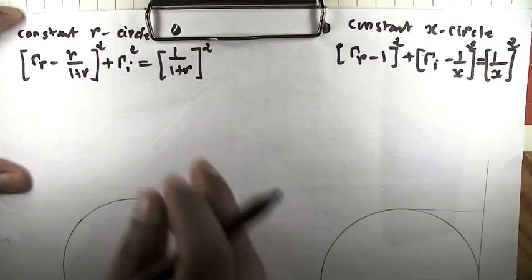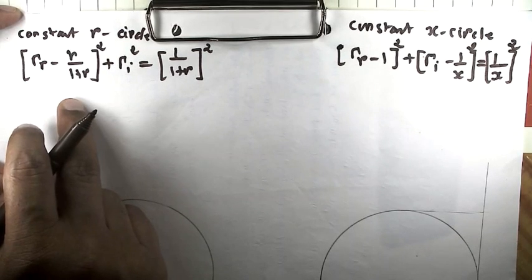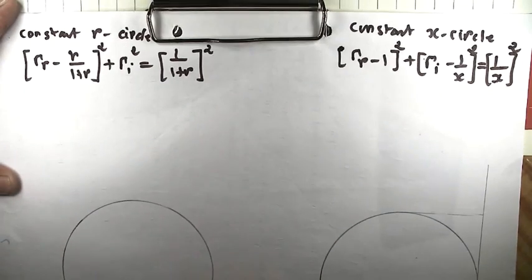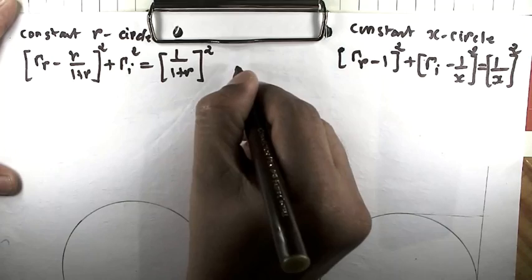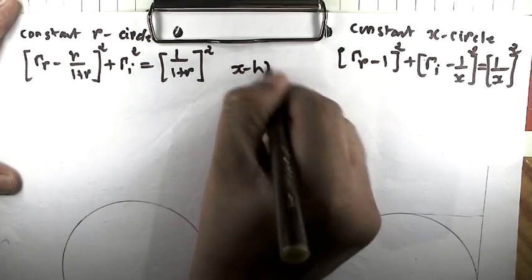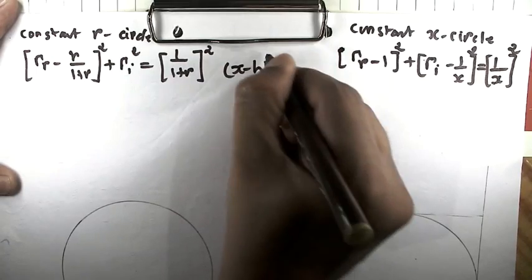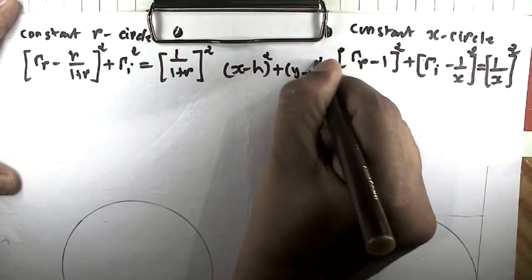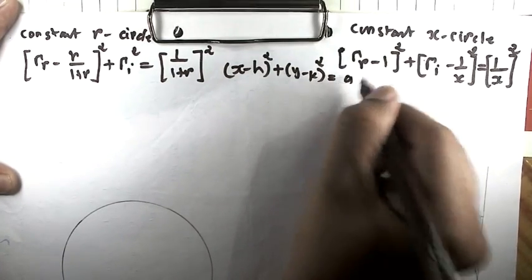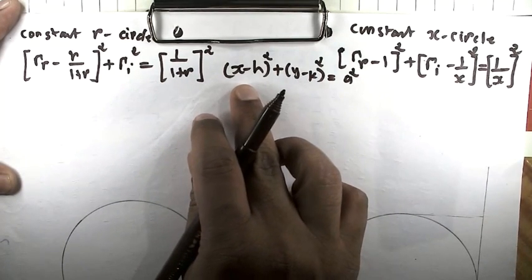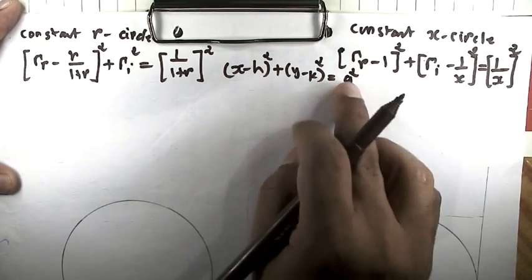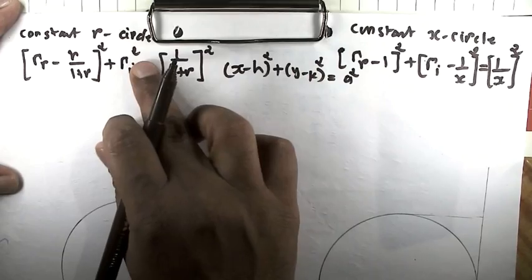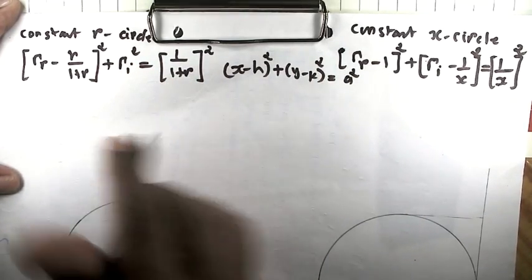So finally now we have two equations which are generally circle equations, similar to the expression that we know: (x minus h) whole square plus (y minus k) whole square is equal to a square. This equation is nothing but the circle equation with radius a and the center at h and k. If we compare with these two equations, then we will get the following.